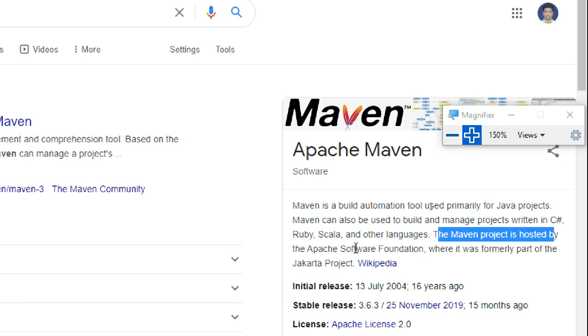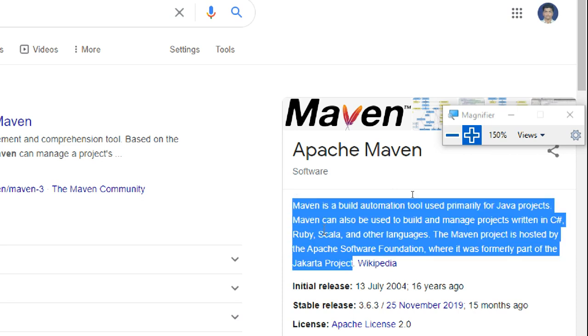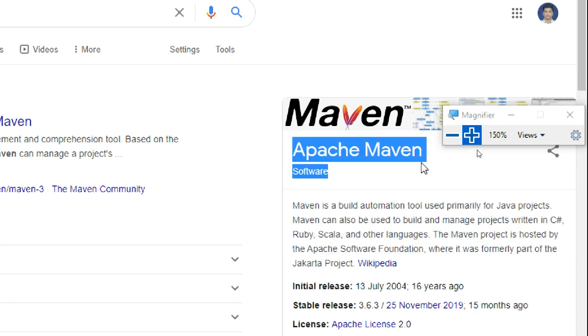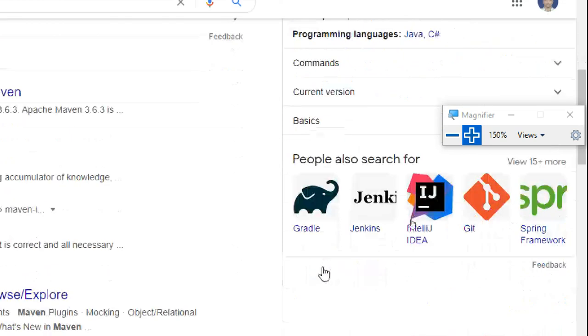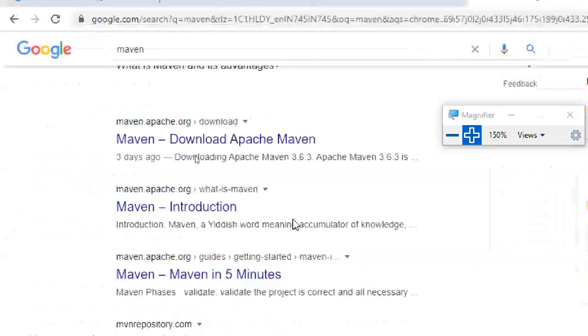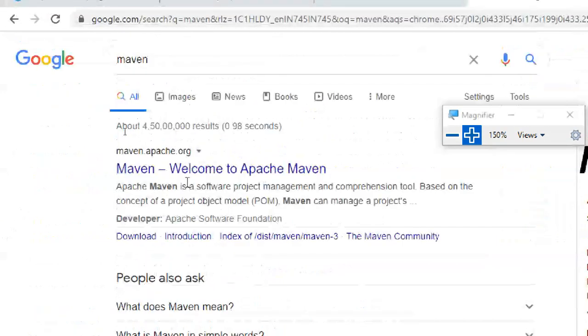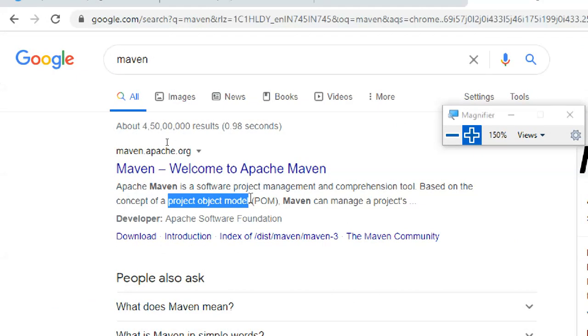The Maven project is hosted by the Apache Software Foundation, where it was formerly part of the Jakarta project. Apache is an organization, also building a lot of things like Apache Tomcat. It creates a framework for designing your program, and it gives you the POM model, project object model.